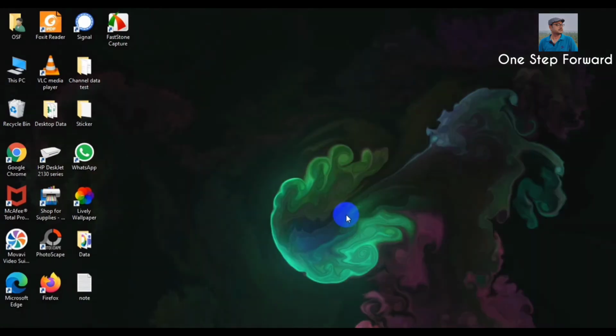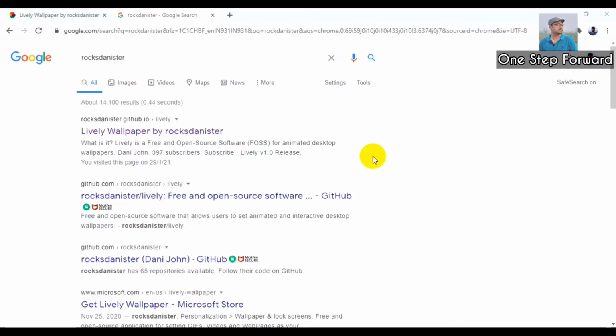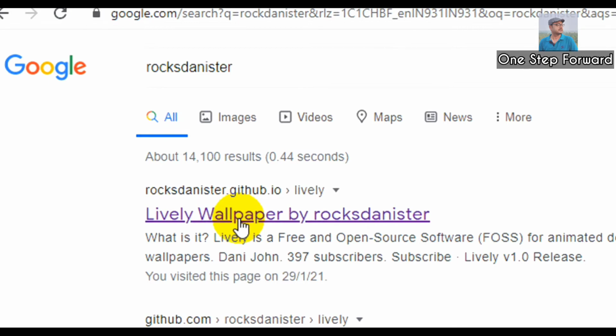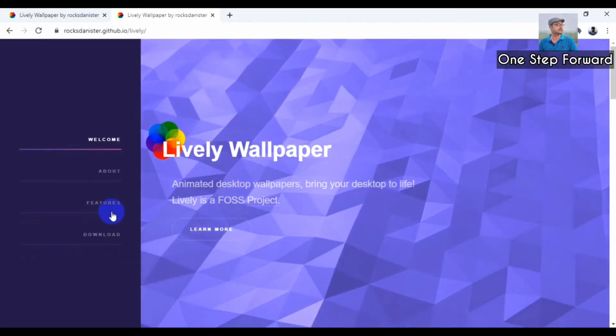Let's start. Now my friend, welcome to my laptop screen. Now this is loaded with Windows 10 operating system. First you have to open Google. You have to search for this Rocket Installer. Now let's open it. Once you open, you will get this kind of screen, and now you have to click